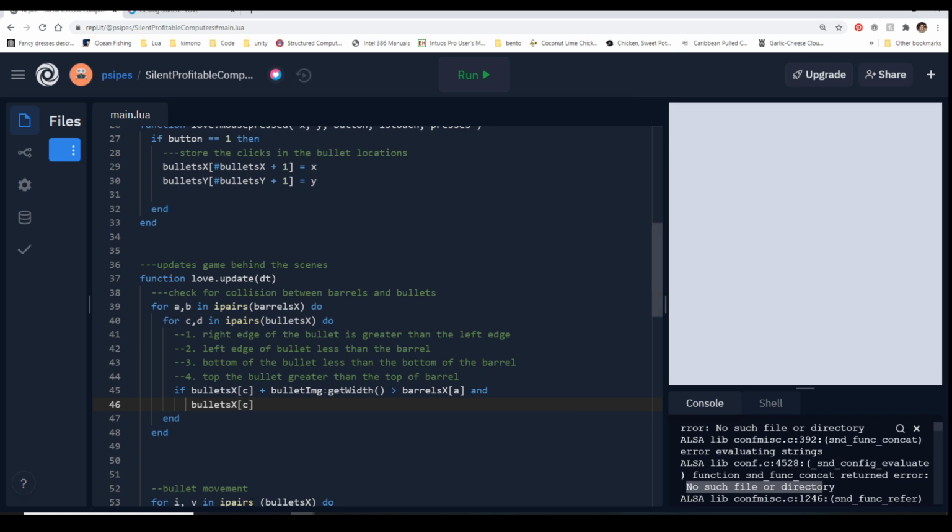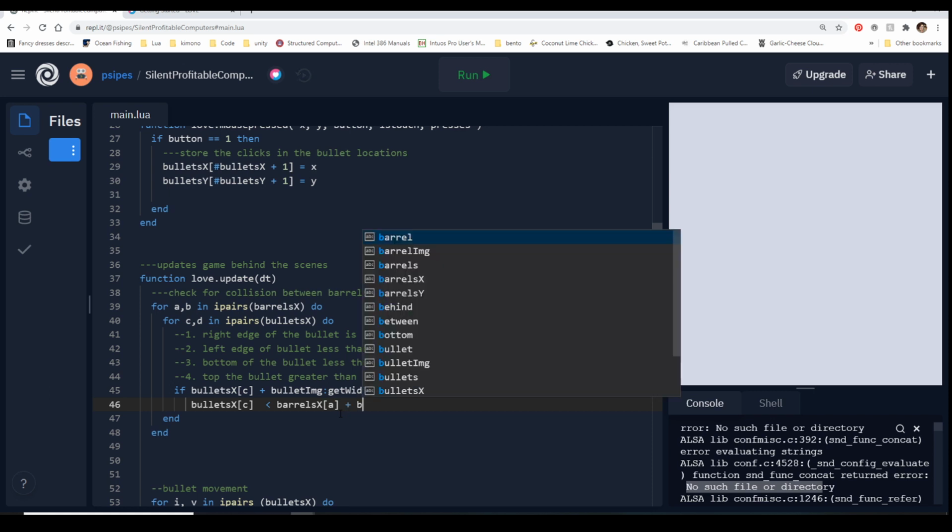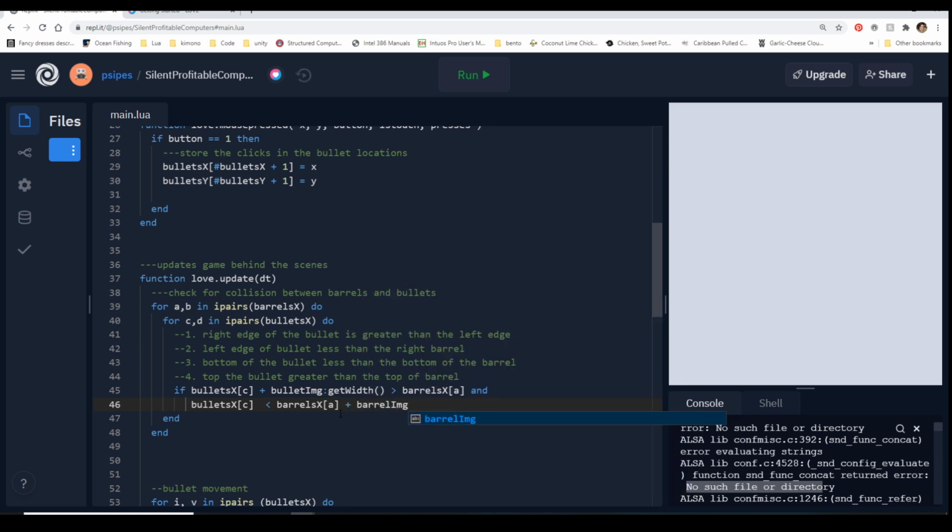And we said, okay, if the left edge of the bullet is less than the right barrel edge, so we know that we need to say it is less than barrels x a plus, again, our barrel image get width, and